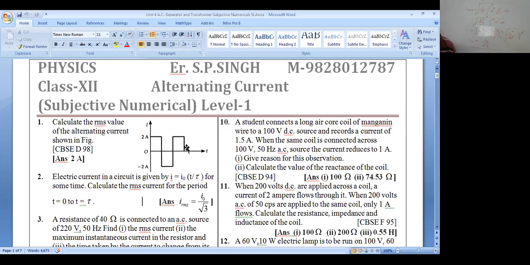For one cycle it will be 0. If it is a square or rectangular shape, triangular shape, or any sinusoidal shape, it will be 0 for the full cycle. We have seen this also. For 0 to T it will be 0, and for 0 to half cycle it is not 0, as we have seen in derivations also. So for the first and second question, any doubt please tell me.